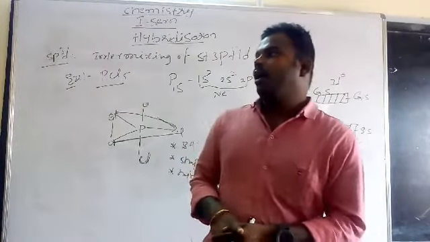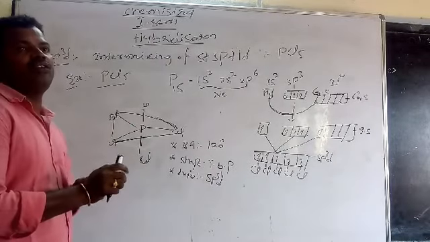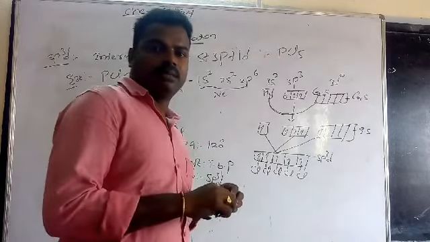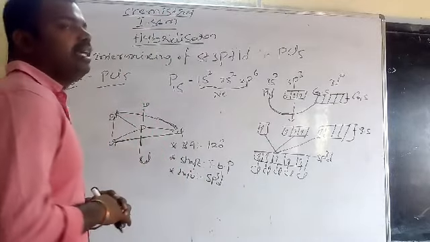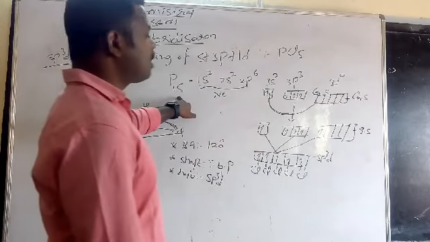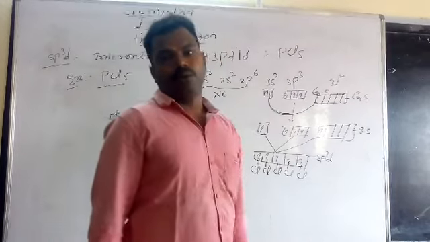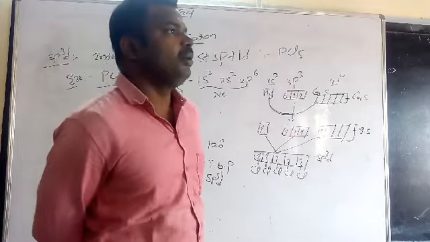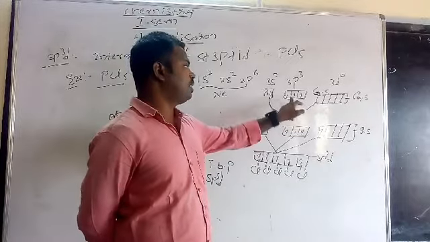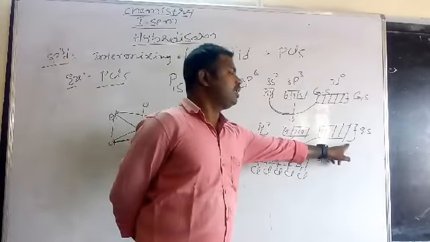sp3d hybridization: intermixing of one s orbital and three p orbitals and one d orbital are combined to give new equivalent hybrid orbitals called sp3d hybrid orbitals. The process is known as sp3d hybridization. Take the example of PCl5. The center atom of PCl5 is phosphorus, with electron configuration neon 3s2 3p3 3d0. For the formation of the PCl5 molecule, phosphorus requires five unpaired electrons, but in the ground state configuration there are only three. So we go to the first excited state of phosphorus.